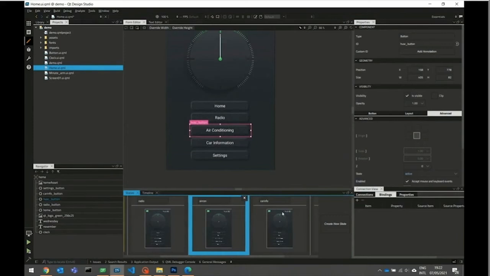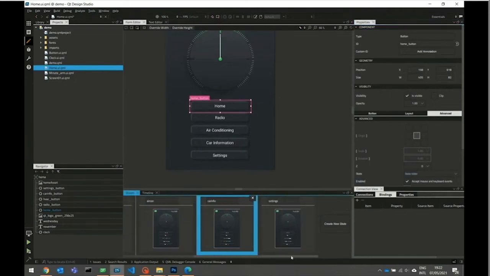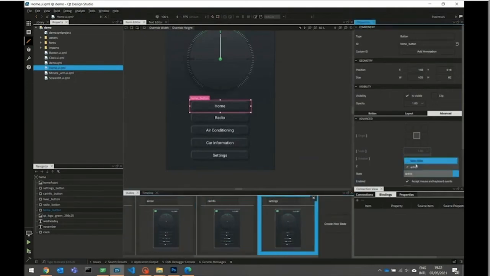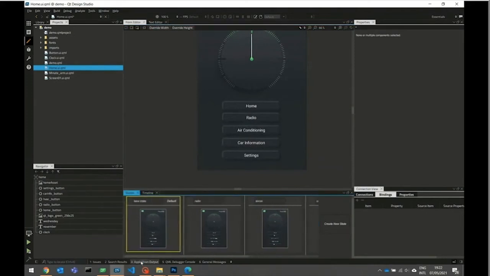I do this, a bit repetitive task, but all of these need to be done for each state. Settings is the last one. All right, so now we have our correct configuration for each state, and we just need now to handle actual